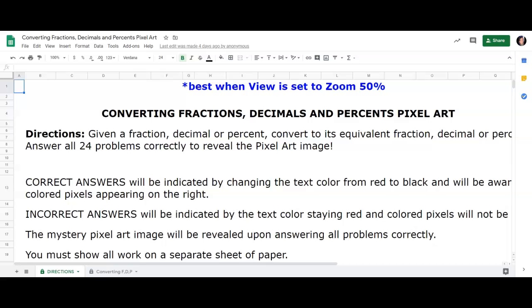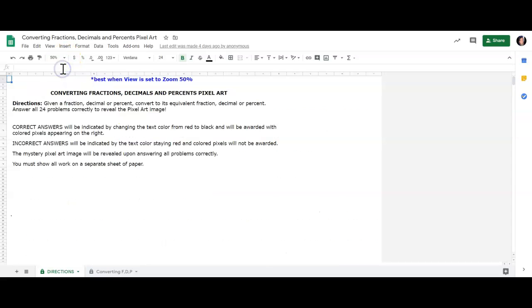Hi, Ms. Yeager here. Just wanted to show you real quick when you open up the pixel art activity from today, you'll see the directions are here. Setting the view to 50% is the best way to do that. So over here where it says 100, you would want to set that to 50 so you have a better